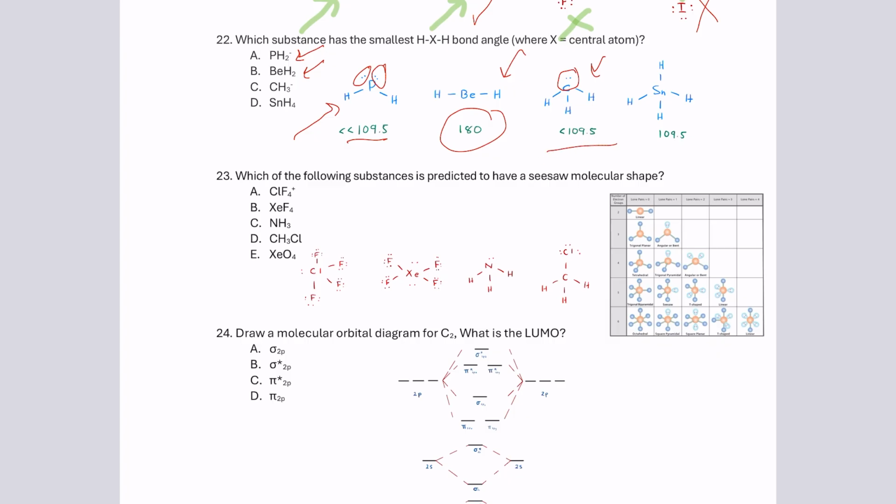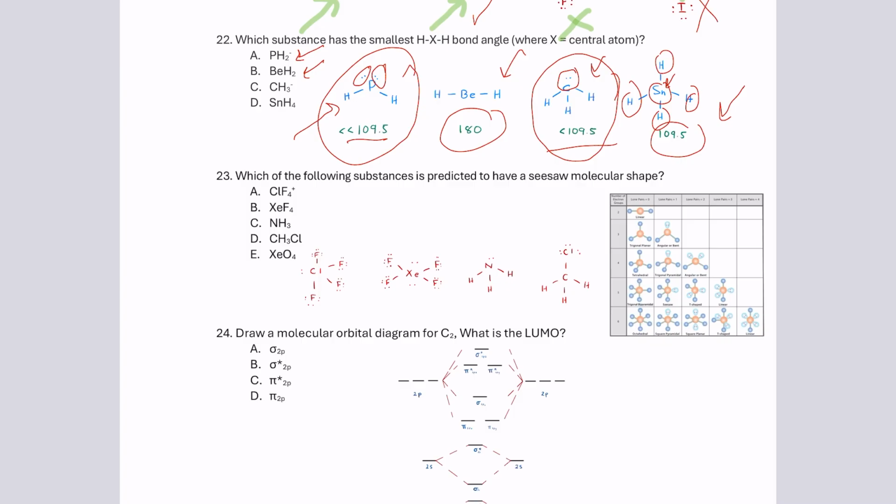Finally, we can take a look at tin tetrahydride. The central atom is surrounded by 4 electron-rich regions, and they are all the same atom type. In addition, there's no lone pairs on the central atom, so the electronic geometry is tetrahedral, and this molecule is nonpolar, so it follows the ideal bond angle for the tetrahedral shape. That is 109.5 degrees. Now, from our options, we have 2 that are below